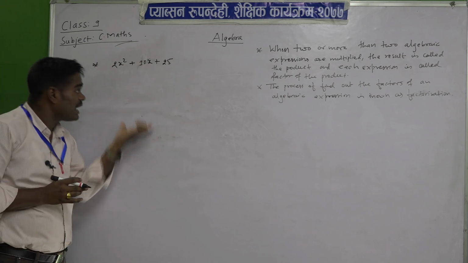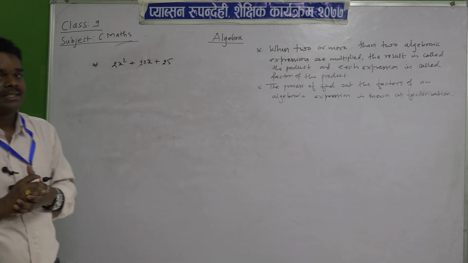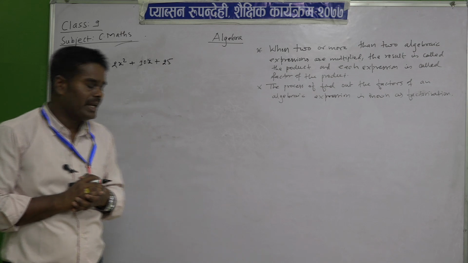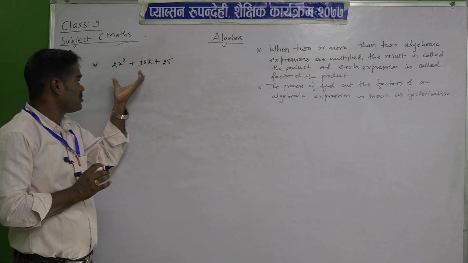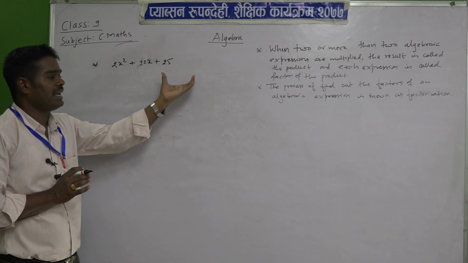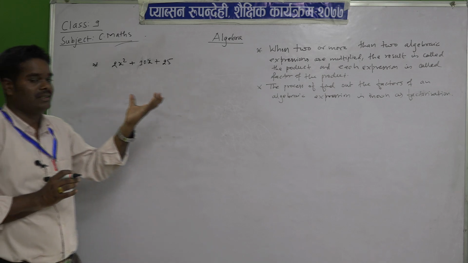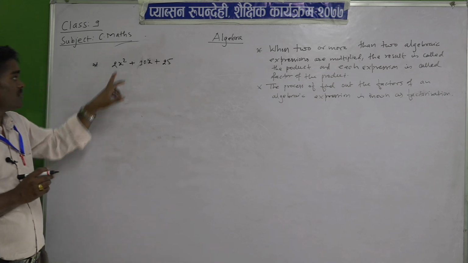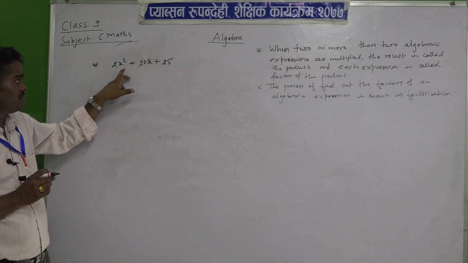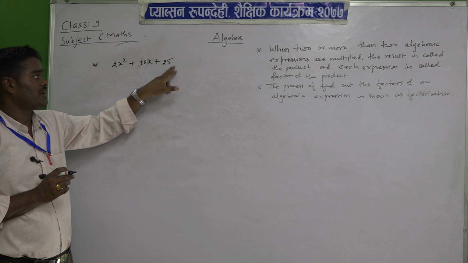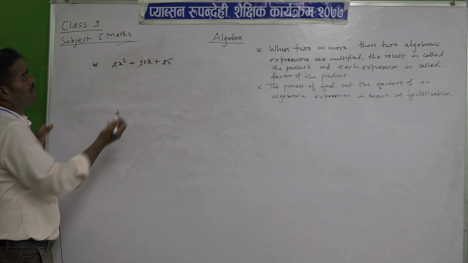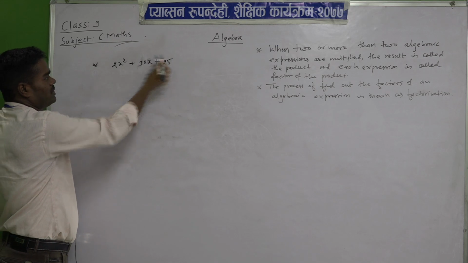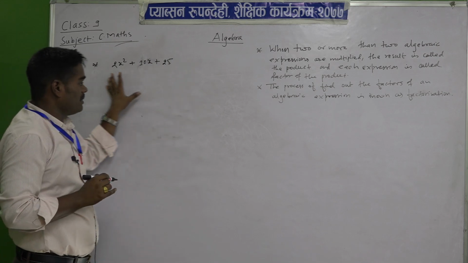Now how do we factorize this trinomial expression? I have told you, firstly you have to see whether the terms are in order or not, either in descending order or in ascending order. So the power of x is 2, the power of x is 1, and the power of x is how much? 0. If nothing is there, it means x power 0. So 2, 1, 0, the given expression is in descending order.